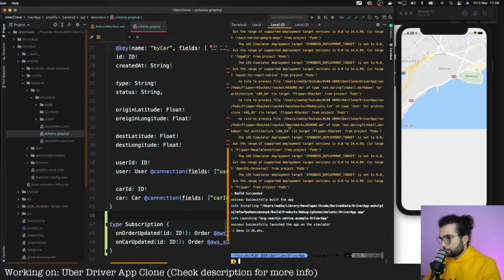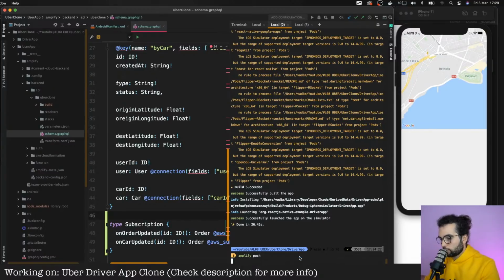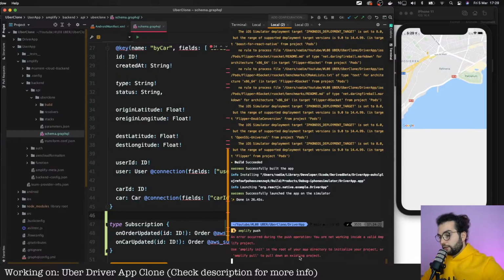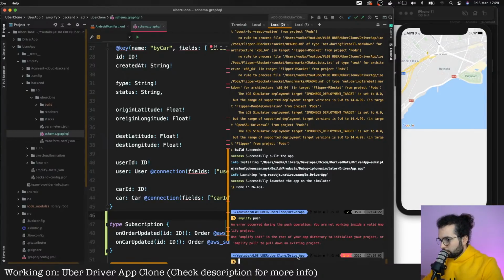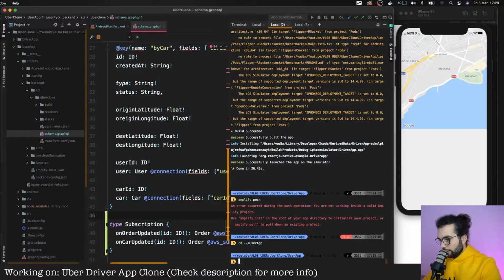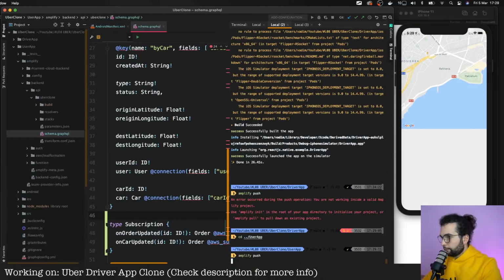Now let's try to push these changes. Amplify console, not console, just Amplify push. An Amplify error occurred, driver app. Yeah, because we are not in the user app. Amplify push again.